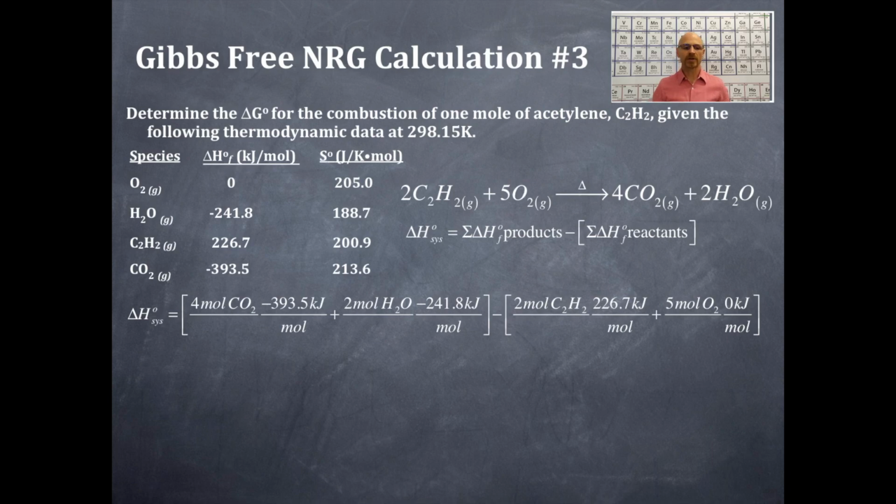So delta H naught for the system is 4 moles of carbon dioxide times negative 393.5 kilojoules per mole plus 2 moles of water vapor times negative 241.8 kilojoules per mole minus the quantity of 2 moles of acetylene times 226.7 kilojoules per mole plus 5 moles of oxygen times 0. Again, elements in their standard state have enthalpy terms of 0. We're going to sum all this up and we're going to get a value of delta H naught for the system as equal to negative